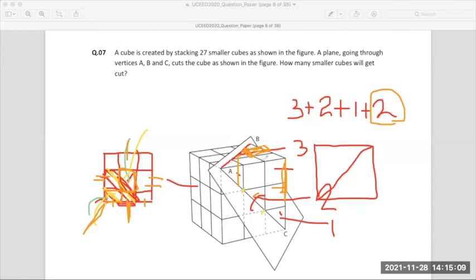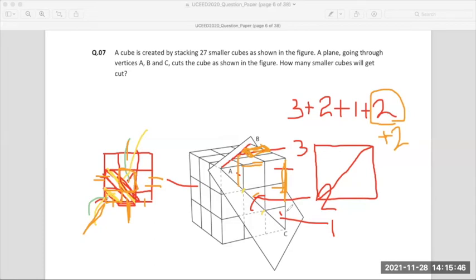So will this one also be affected or not? Ma'am, that will be too. A, B and C, and the cubes beside all three will be affected. This will be affected and this one too. So you're saying we need to add 2 more here? No ma'am, instead of the 2 that is written, 3. Wait, 3, 2, 1, this 2. Instead of this 2, you're saying it will be 3. That's what you're suggesting? Yes.